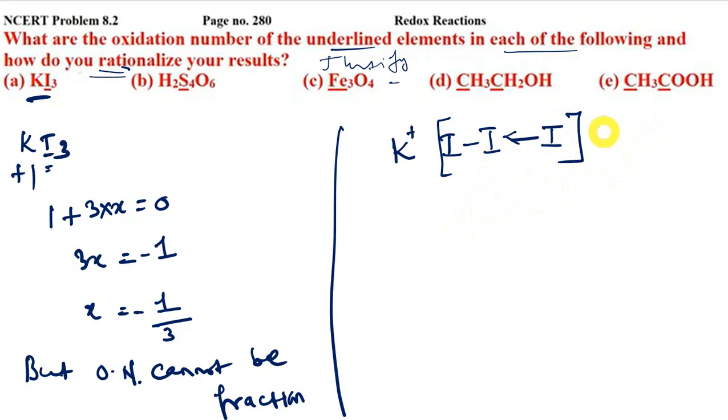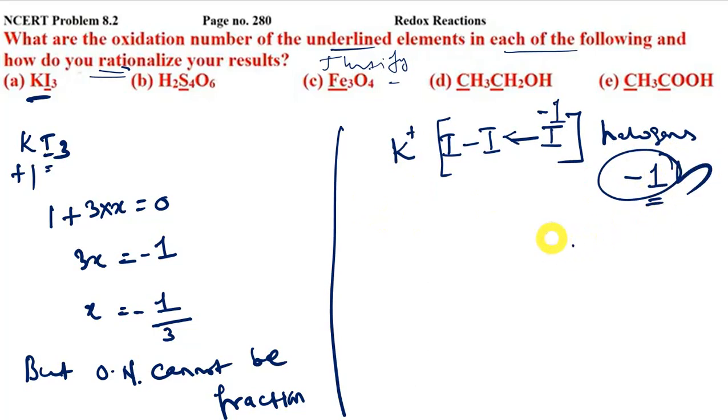Usually we know that the halogens will have -1 oxidation state. So this iodine has taken -1 here, and that has been spread over these iodines. So the total charge in the compound for iodine can be given as -1. Right? Is that clear? So -1 is the right answer for this one. Got it? Next we can go for